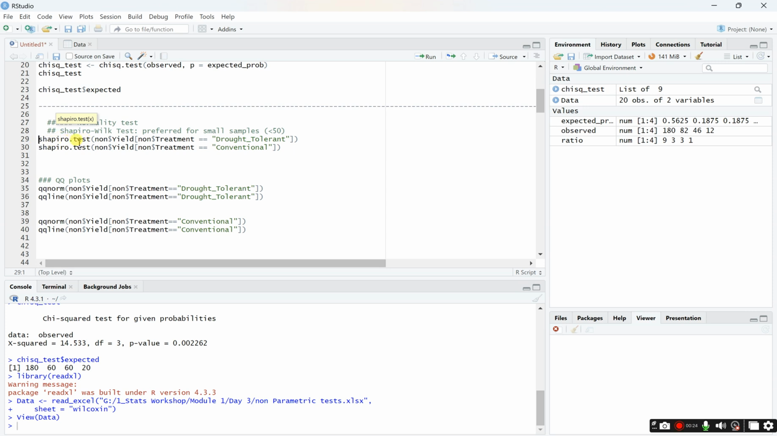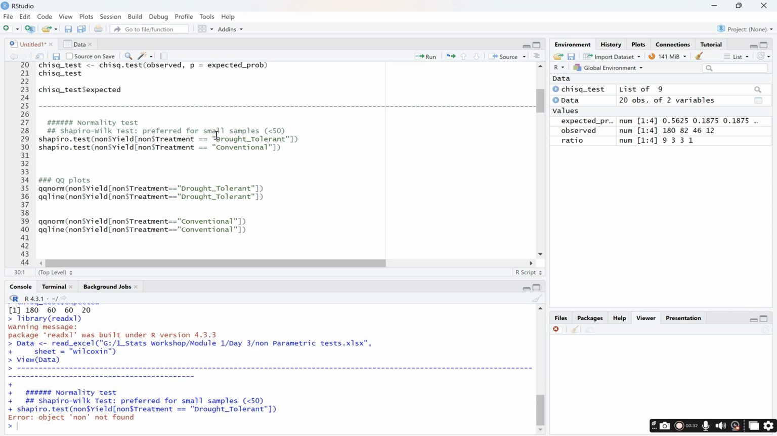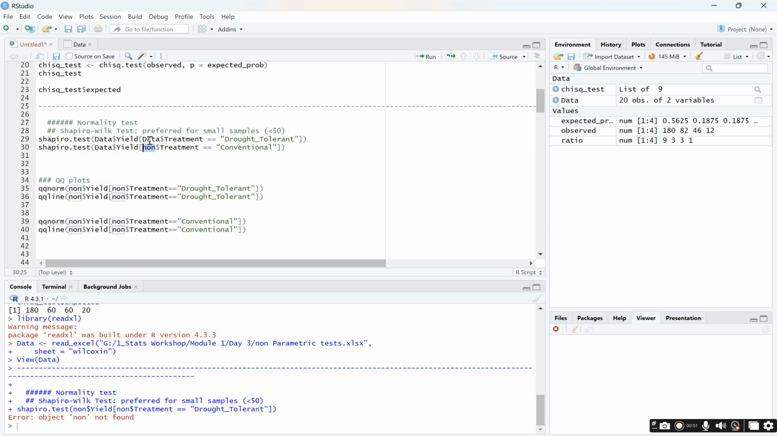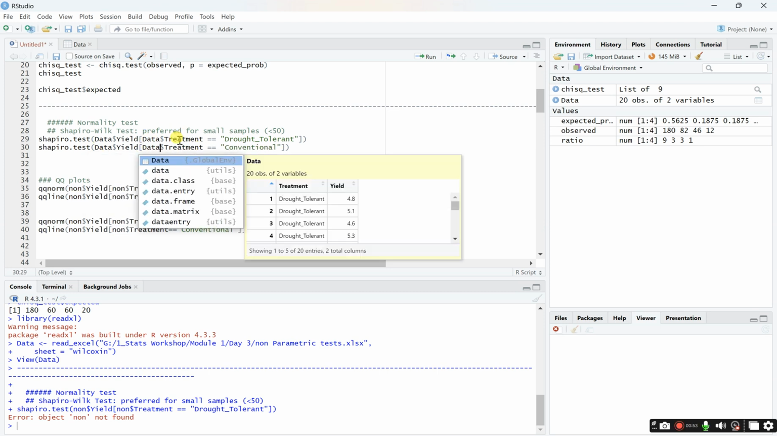This is the formula for the Shapiro test. So we just want to see the yield values in the treatment drought tolerant, first one. So I just need to change non into data. Data, data. For the drought tolerant,